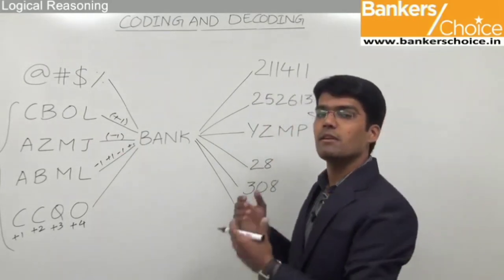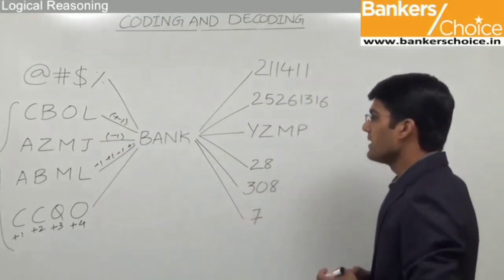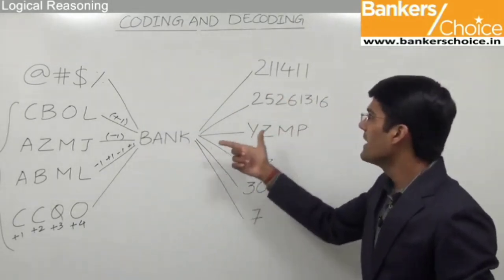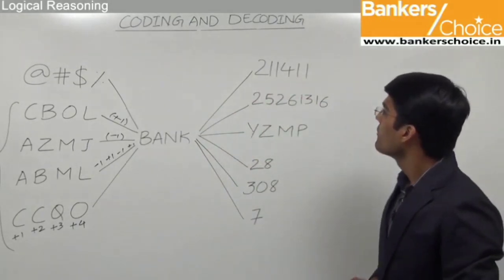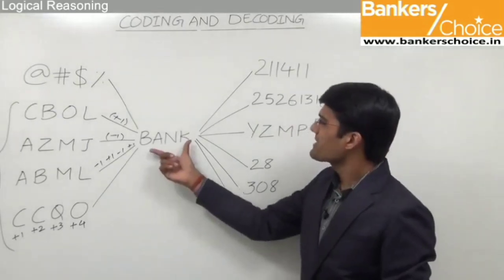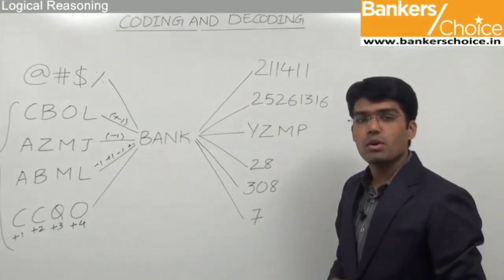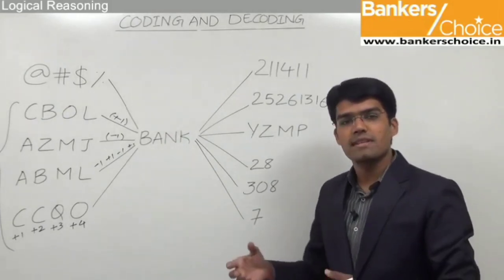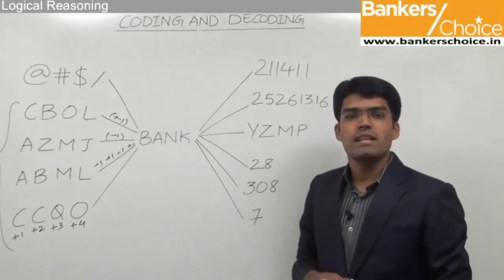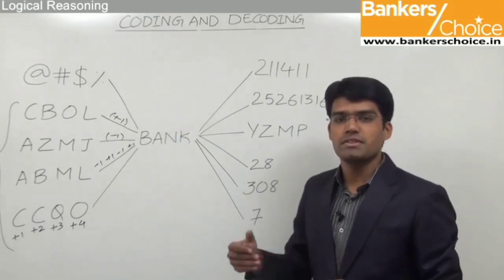Let us now look at some other ways of coding the word bank. Now if we take the first case here, the word bank has been taken as 211, 411. The logic in the first type of coding here is based on the positions of these letters as per the alphabetical order. If we try to assign each of the letters of the English alphabet with their positions in the